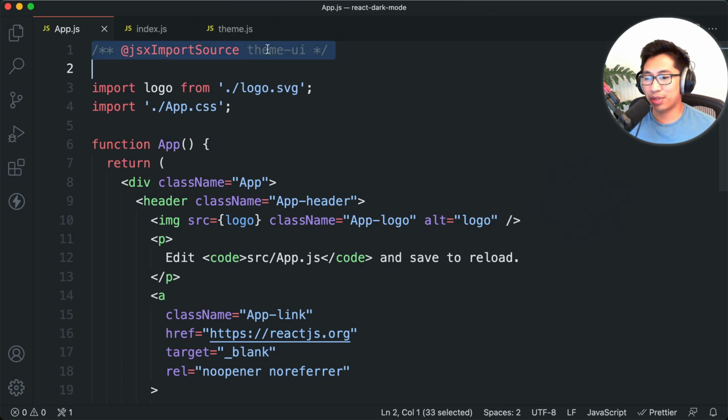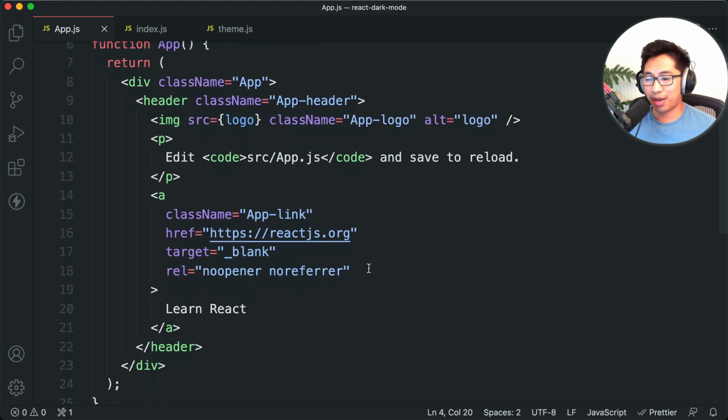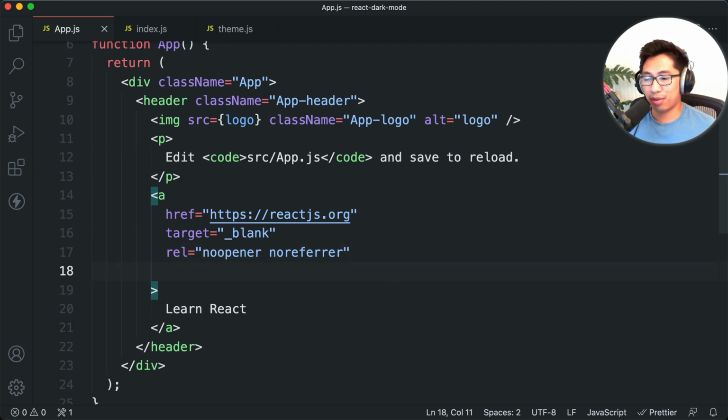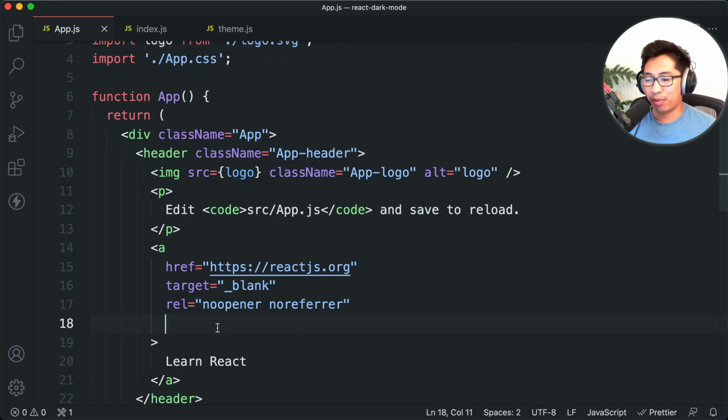And what that enables us to do is it then allows us to start using the SX prop. If you've ever used Emotion CSS prop, it's very similar. You have to do something similar to that. So remember that we deleted class link, the app link CSS, right? So that doesn't even do anything. So let's delete that. But now that we have this JSX import source theme UI, we can now start using